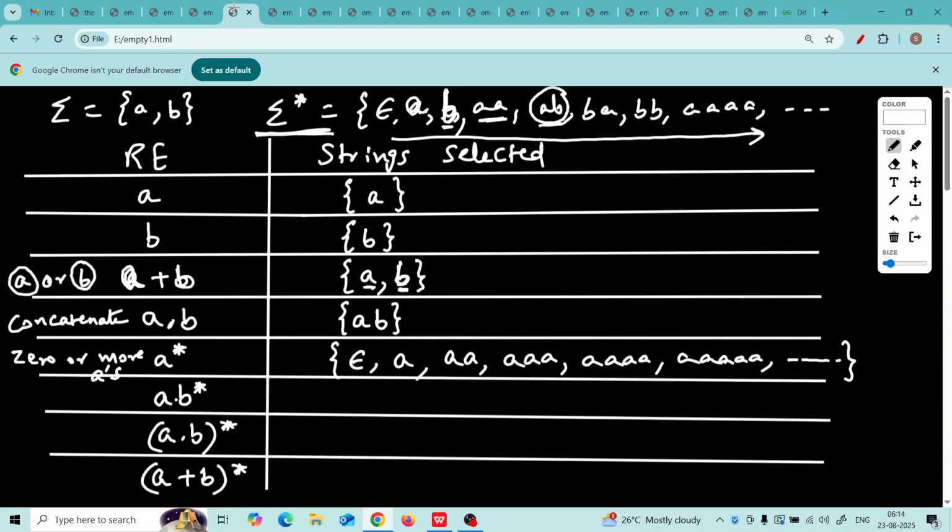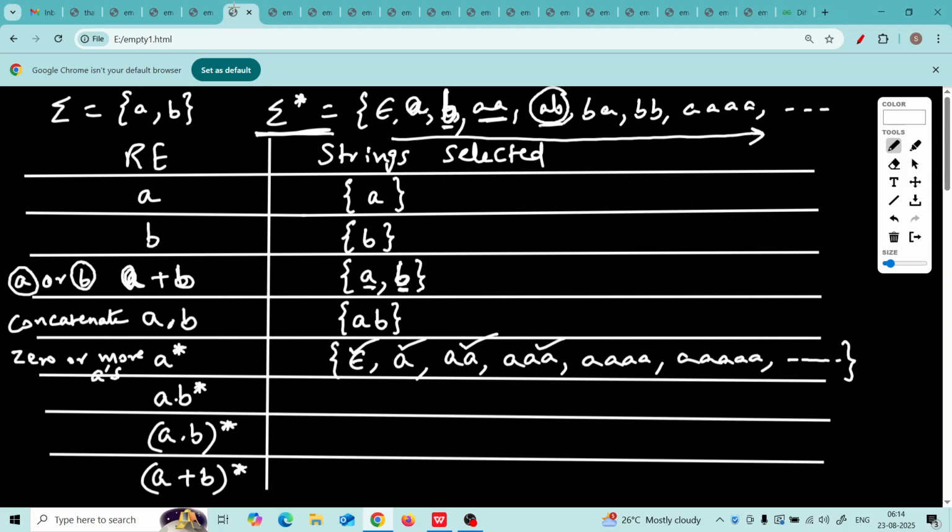So you can see 0, this first string, contains 0 A's. This contains 1. This contains 2 A's, 3 A's. But none of the strings will be selected which have B, because the rule strictly says that those strings which have 0 or more A's must be selected.